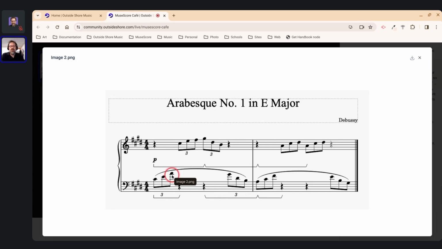Would it be worth using cross staff notation, moving this A to the top staff? Maybe. It would be worth knowing how Debussy wrote it in his own hand. It would be worth comparing different editions of it to see how different editors chose to do that. But that's totally fair game. Different editors will make different calls about that, unless it's an Urtext edition, in which case it will follow exactly